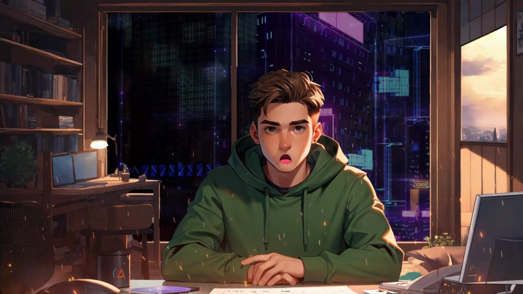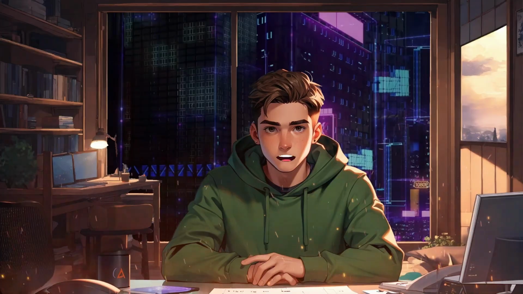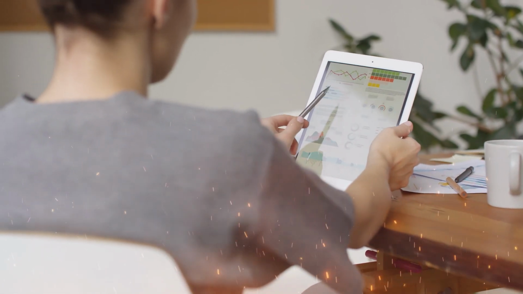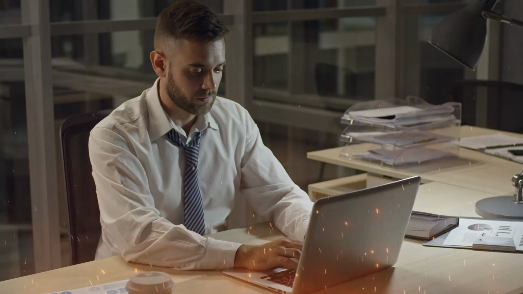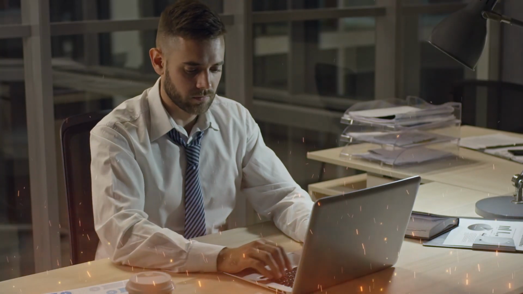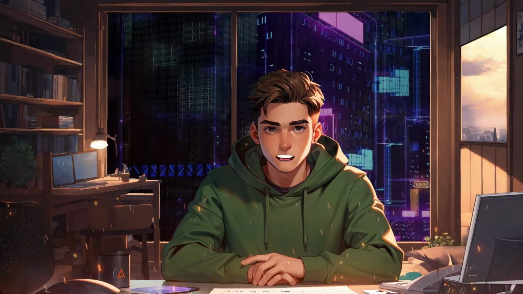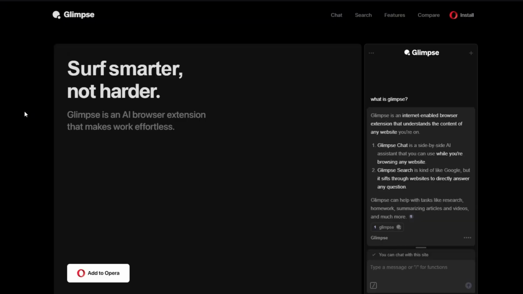And now for this one, we are going to talk about summarizing websites. So if you're going through a website that has a lot of pages, it is impossible to go through all of them within a few hours. Now, in this AI tool, we are going to use this to summarize the entire website. So once again, I am going to leave this link in the description box below,